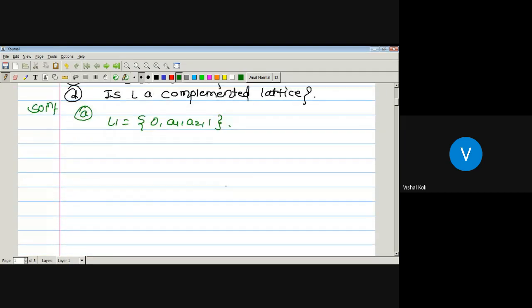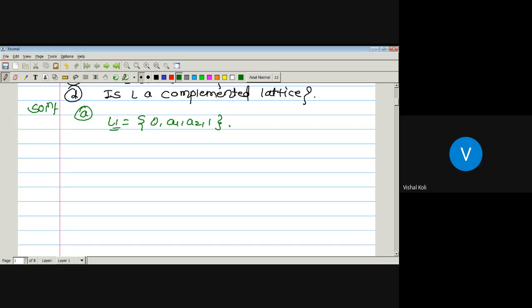As we know that 0 and 1 are the unique complements of each other, whatever it will be, it is a lattice. Here we have L1. Given 0 and 1 are complements of each other, then 0 join 1 is 1 and that 1 belongs to L1 itself. 0 meet 1 is 0, and that is again belonging to L1. So there is no problem for 0 and 1.